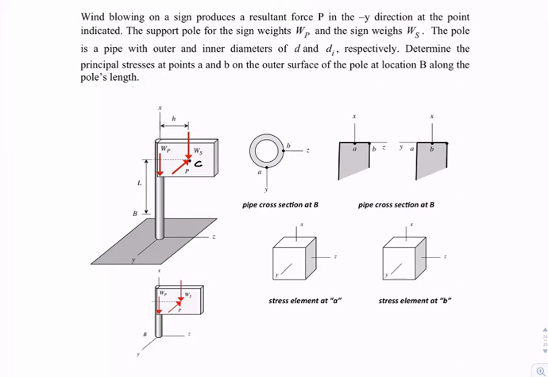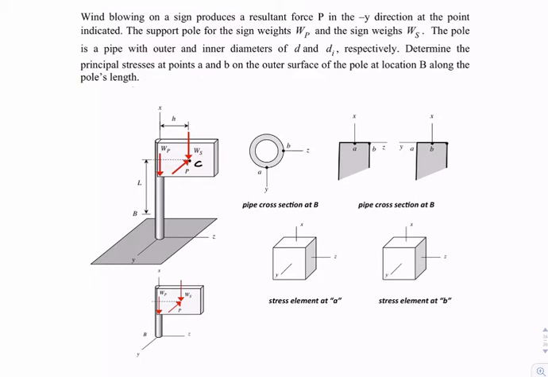For this problem, we're looking at a sign, and this road sign has three loads acting. One is the weight of the pole, the pipe that supports the sign. Second is the weight of the sign itself, WS, which is acting at the center of the sign, C, and also the wind load, P, which is acting in the negative Y direction with its resultant also at